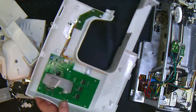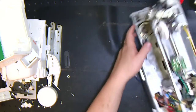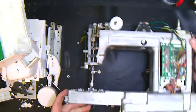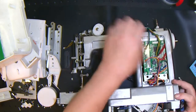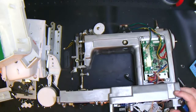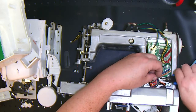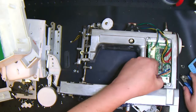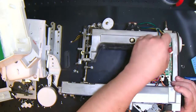We got some circuit boards. We'll look at those in just a second. Let's see what we got in here. So this thing obviously has some circuit boards. I am going to release the connectors here, get rid of the wire ties so we can withdraw these, hopefully do that without severing any of the wires. A lot of connectors on this thing. Trouble with that is that